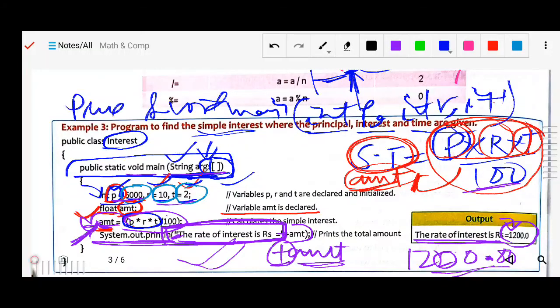These values are not declared inside; you only pass them through the main function, then you see what happens. So you can try this program by this method.